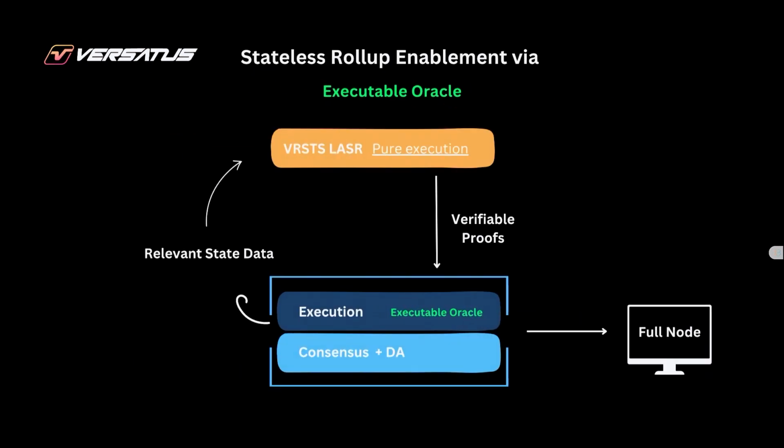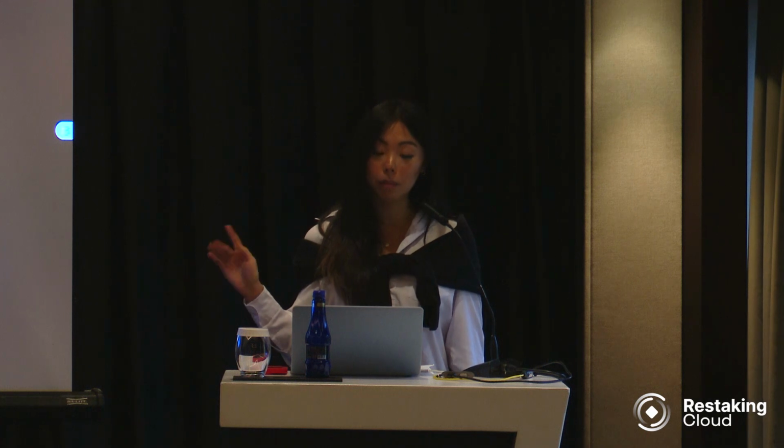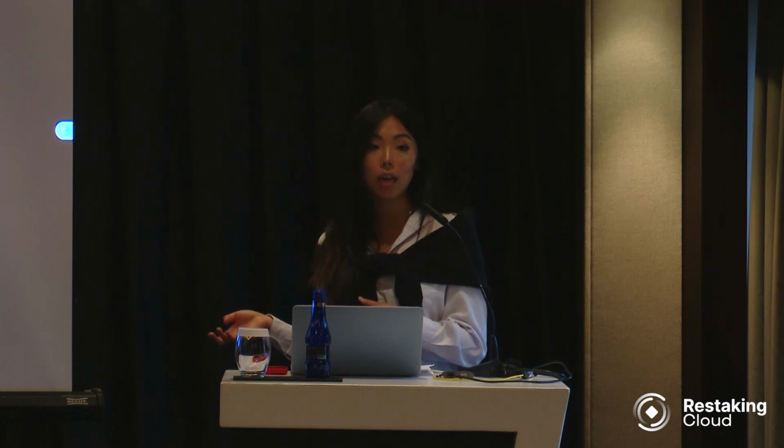It is quite complex and technical how this executable oracle works, but essentially the executable oracle will be deployed on whichever blockchain. Let's take Ethereum, for example. The executable oracle will be deployed on the execution layer for Ethereum, and it basically tells the Versatus network, hey, you are able to accept instructions from the Ethereum blockchain. Then it also ignites that rollup process of taking the relevant state data off-chain to be executed on the Versatus network.